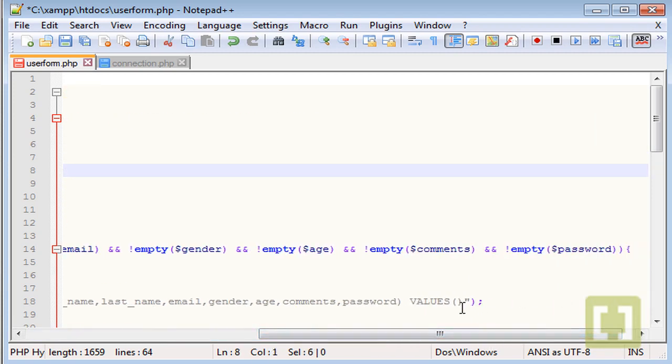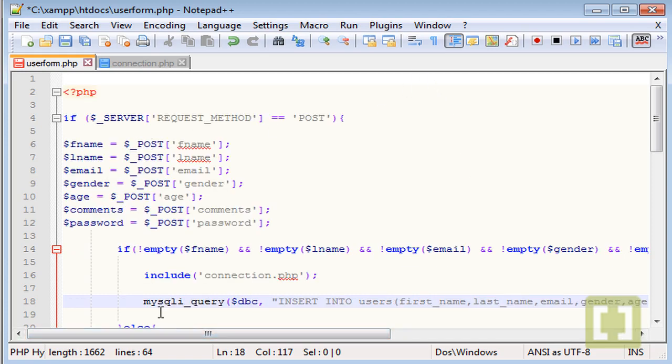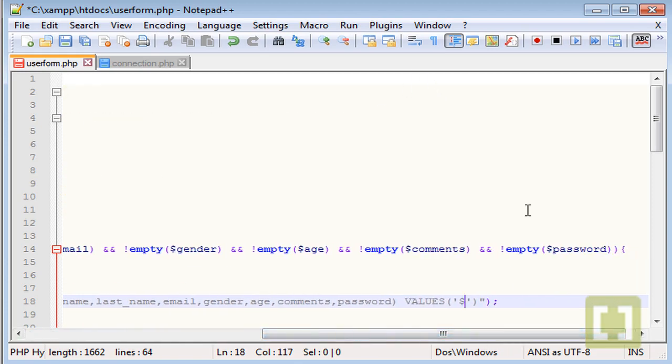So these variables, we're gonna type between single quotes, we're gonna type the variable f name, l name, don't forget the dollar symbol,